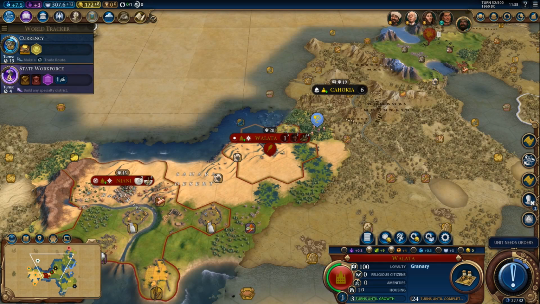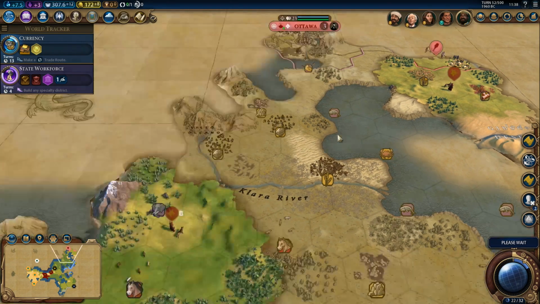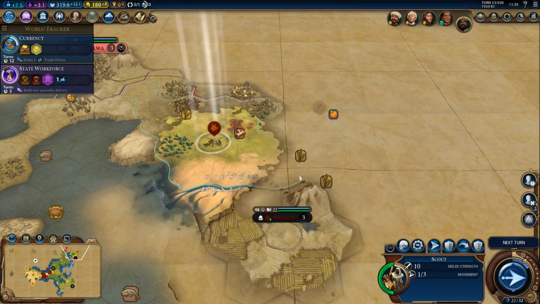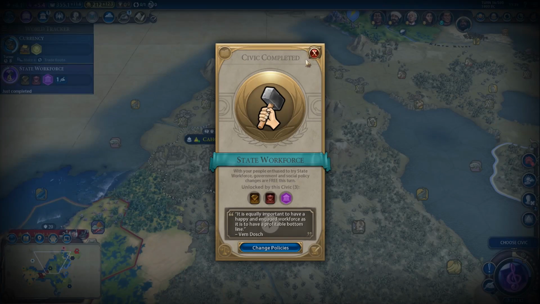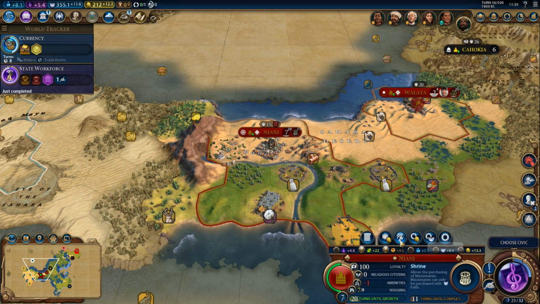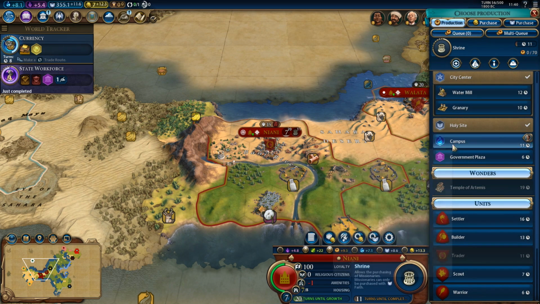Magnus is actually going to be even more valuable for Mali, because your production as Mali is going to be naturally lower, and you can't just buy everything. As good as Mali is at making gold, you can't just buy everything, you will still need production. So, there's state workforce, and we also have enough money to buy a trader now. Now we can buy the trade route, or rather the trader. That's 205, and I will finish the shrine, although...